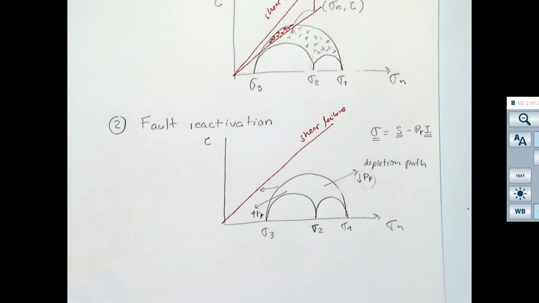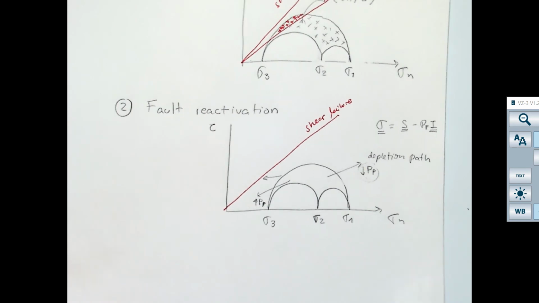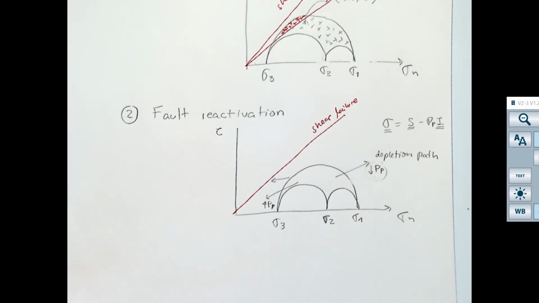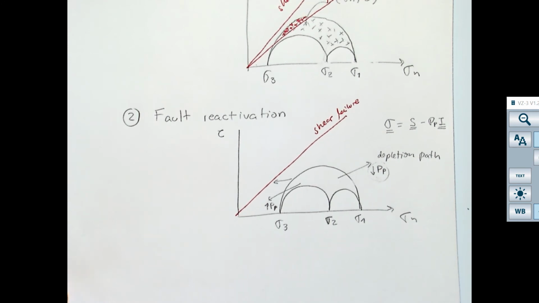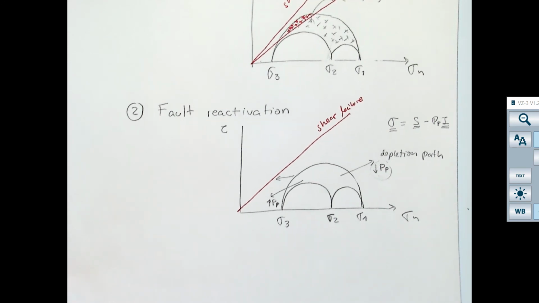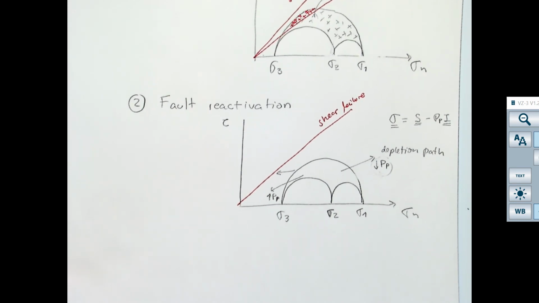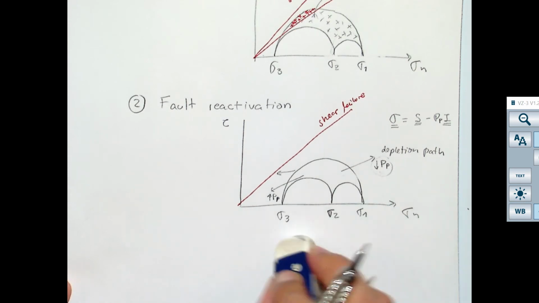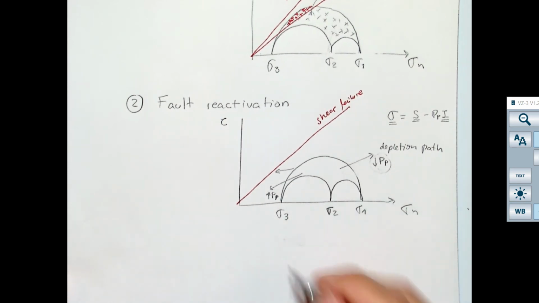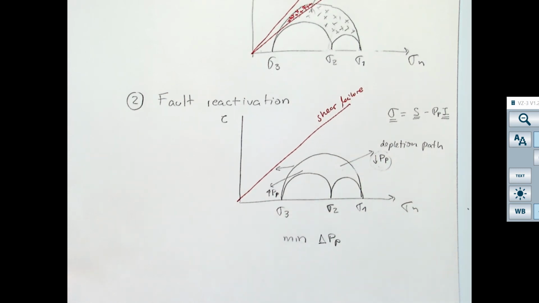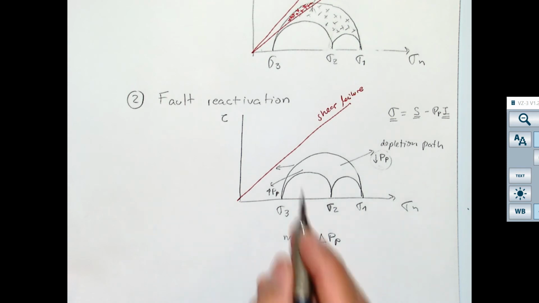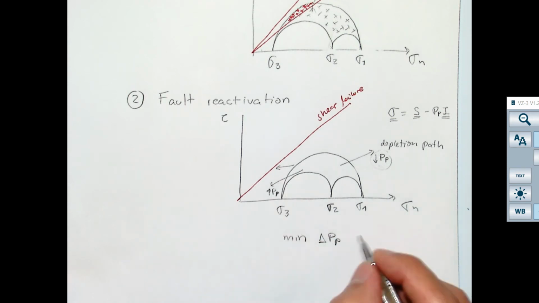And many times you do not want to do that, because that's what sometimes causes not microseismicity, but macroseismicity. So you have to be very careful for that. And more or less the minimum pressure that you need in order to cause that shear fault reactivation